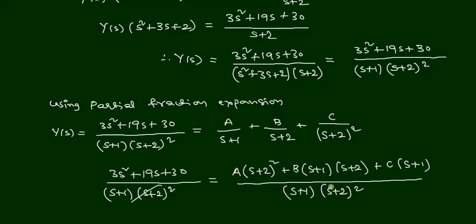Now the denominator on both sides gets cancelled, then the equation that remains is